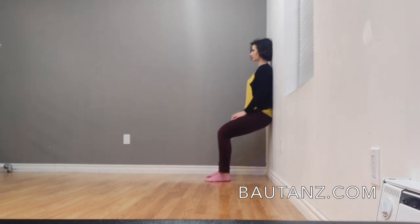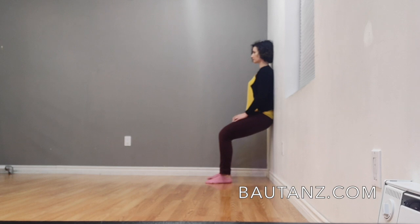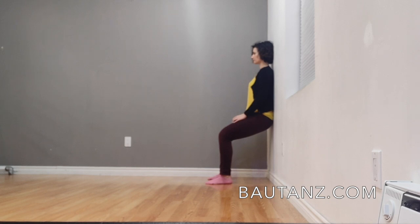I am not spending too much time here, but you feel free to spend more time in this position. I'm only just showing you the position itself, so you probably can't see it, but I want you to look at the lower back and see how it's not flat on the wall. There is always a little bit of space,